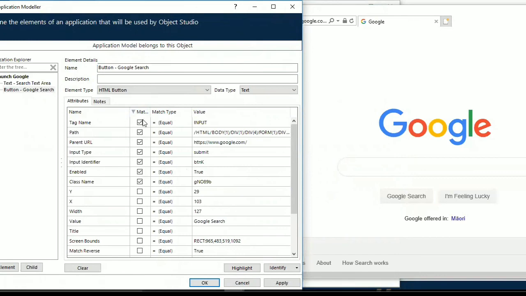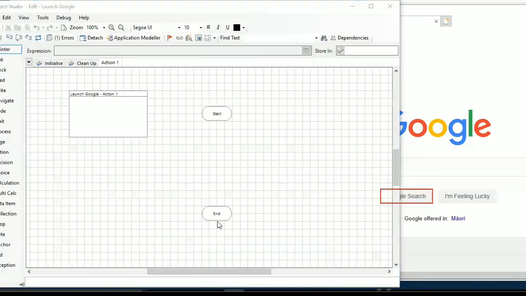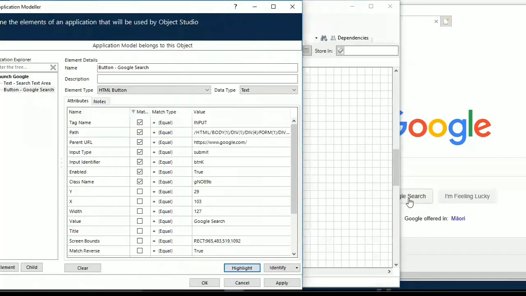Now you have the list of attributes showing the Google search option. If you want to make sure whether the spying is working or not, just click on Highlight. You will have the Google search option getting highlighted. You can see a red color box over the element which you spied. So that's pretty much how to add an element into your Application Modeler and how to spy. The spying option can be changed using the Alt button, and to capture the element using spying, you have to use Control and mouse left click simultaneously so that it will capture the particular element or the required area into your Application Modeler.